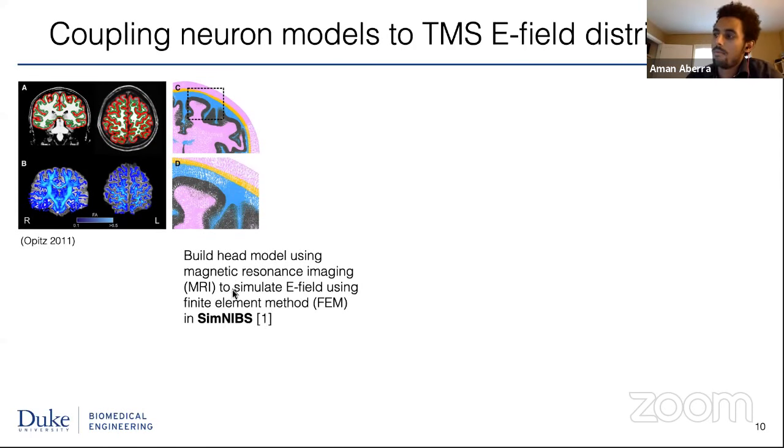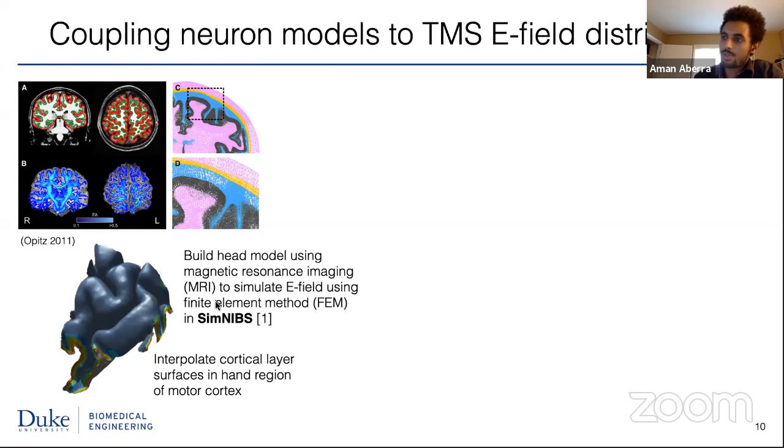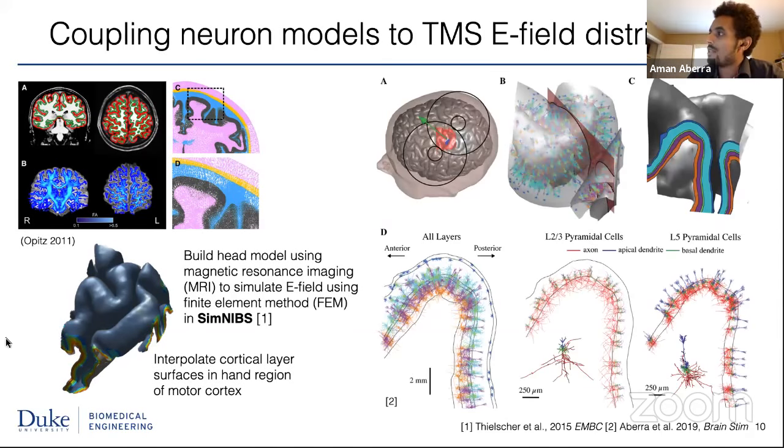And then the next step was to basically capture the positioning of the neurons relative to their layer within the region of interest. In this case, we focused on the motor cortex. So here I am showing the interpolated cortical layer surfaces, which I use to then populate that brain model with the neurons automatically. And the outcome of it, just to cut to the chase, is this